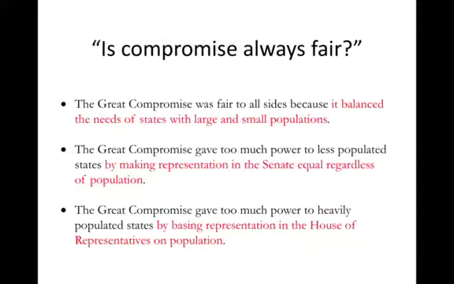The second one, the Great Compromise gave too much power to less populated states by making representation in the Senate equal regardless of population. The third one, the Great Compromise gave too much power to heavily populated states by basing representation in the House of Representatives on population. So again, two more pieces of information that would come from sources. Okay, so